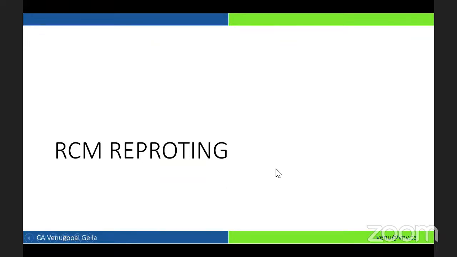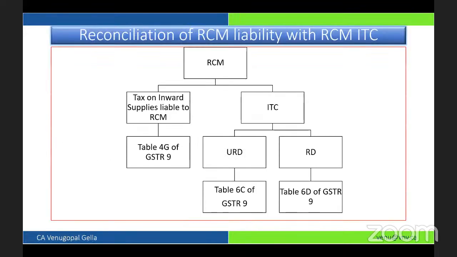Now moving on to RCM reporting. As I discussed in my earlier slide, RCM can come in two cases. RCM can be an outward supply provided by you, covered under RCM, which you have to report in table 5. Over here, when I am talking about RCM, I am talking about expenses on which you are liable to pay under RCM. These expenses need to be reported in table 4G